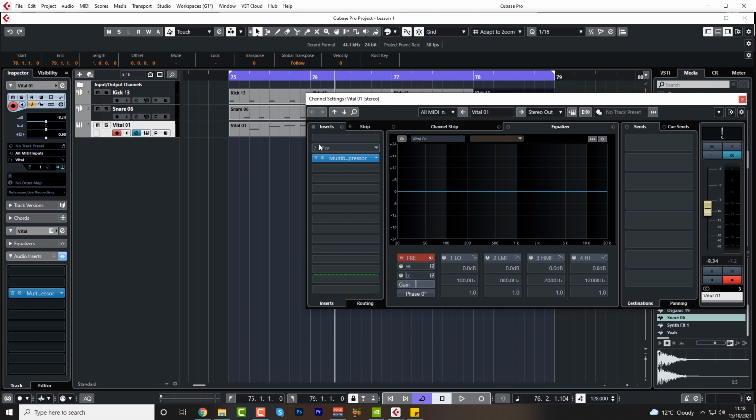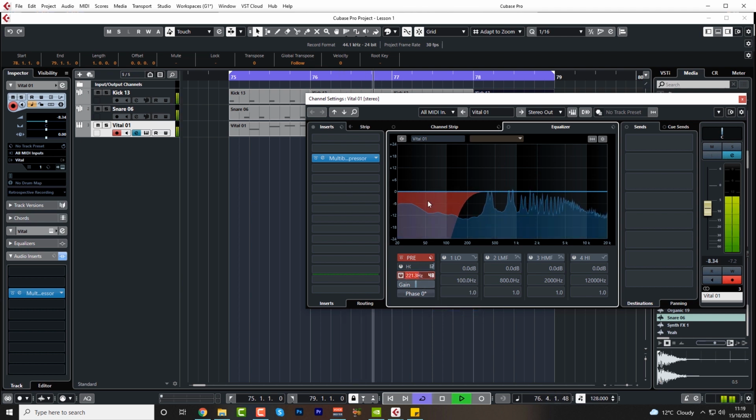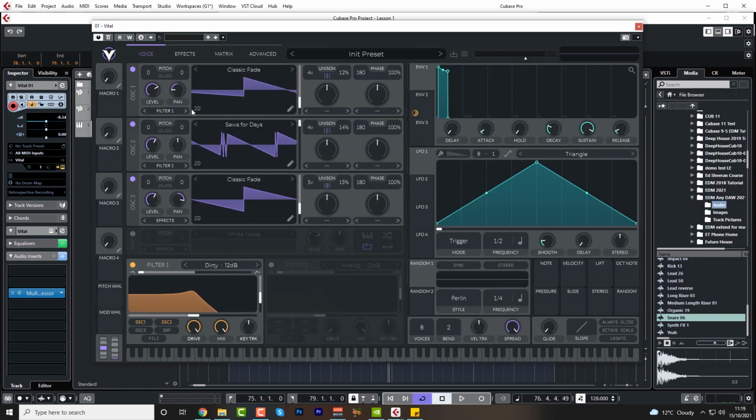You could also give it some extra in the channel itself, channel EQ. Something like that. So let's load up the patch so we know we've definitely got the right sound,